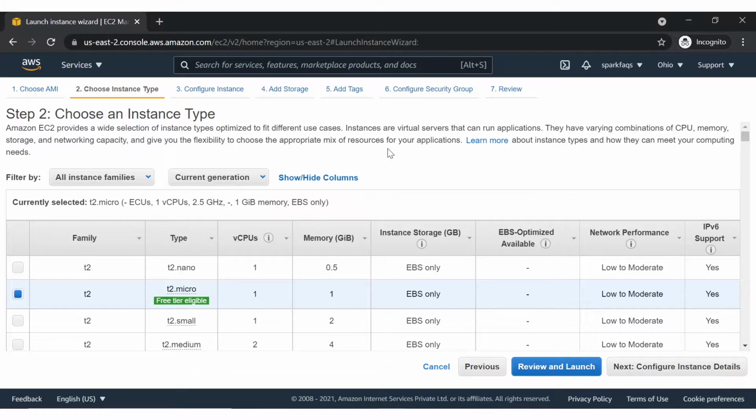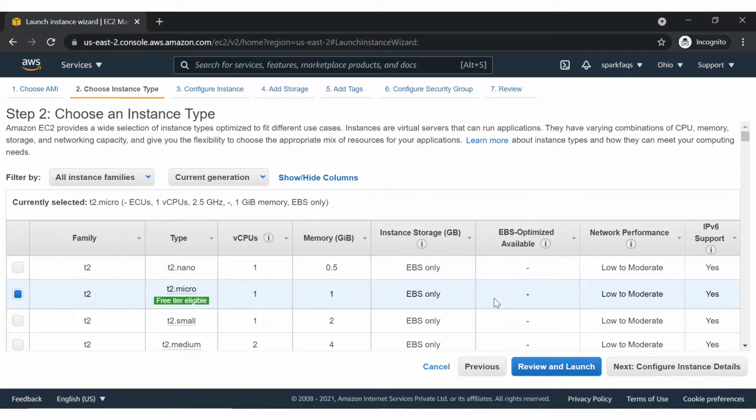In this video series we are creating an Apache Spark and Apache Hadoop cluster. So we need a good amount of RAM and CPUs to create a cluster and try different big data applications or analytics.